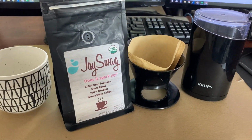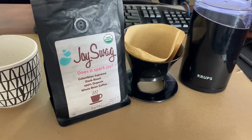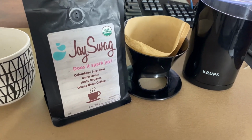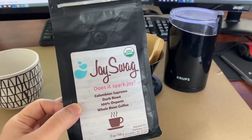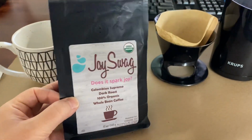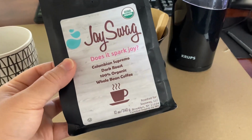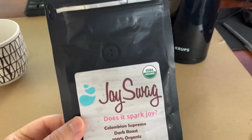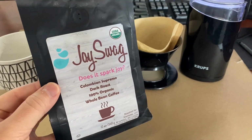Hello everyone. Today I want to talk to you about this amazing brand of coffee from the company called Joyswag. This is a Colombian Supremo. It's a dark roast. I had it the other day and it has a delicious, full, bold, nutty flavor. It made an excellent cup of coffee, and I want to review it as well as give directions on how to